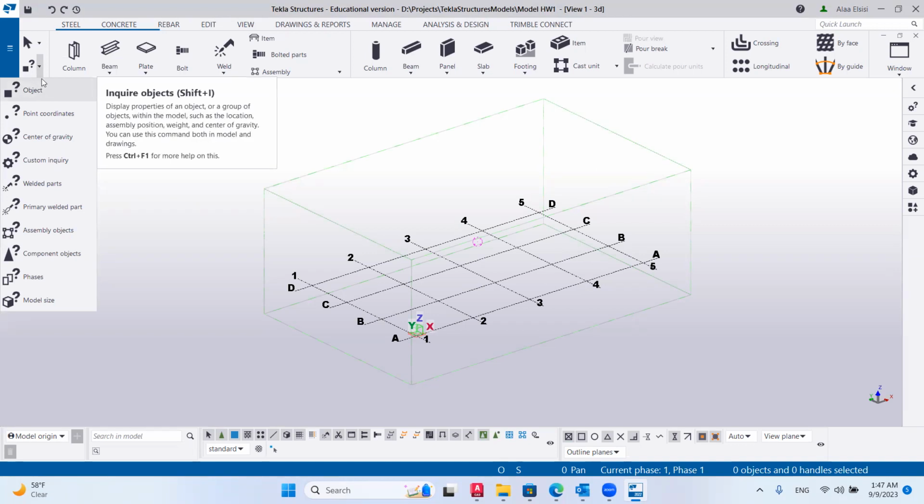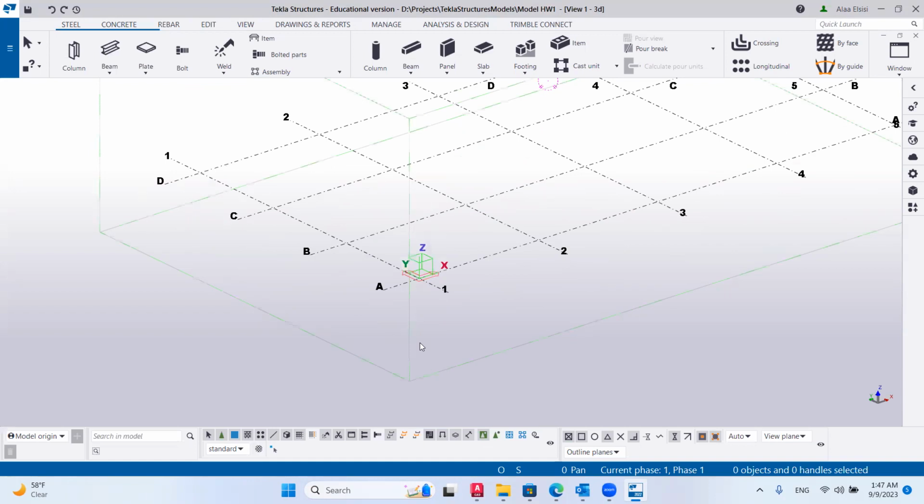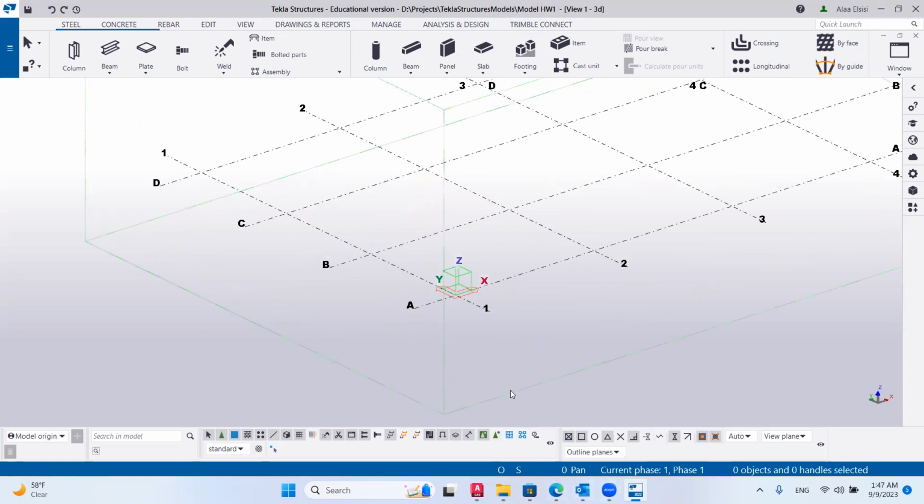So if you have a piece of steel and you need to know the area of it, or the center of area or something like this, the mass or the amount of steel inside it, you can do this by using this menu. And at the bottom, we have these toolbars that control the snapping. And the snapping in graphics software, especially engineering graphics software, is very important. So for example here,